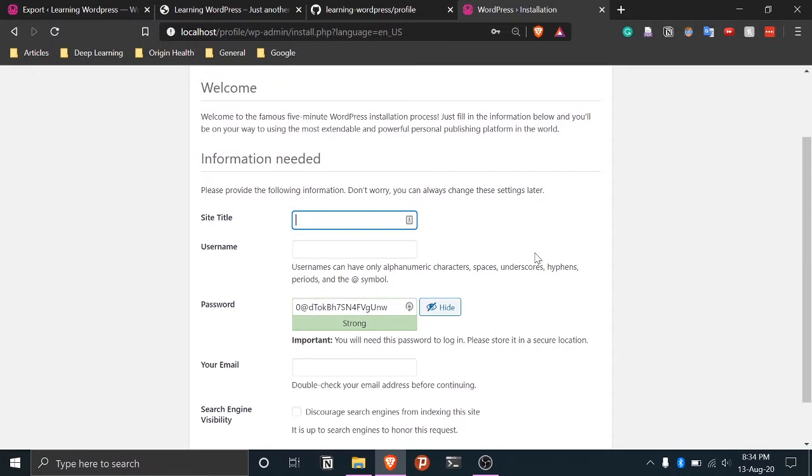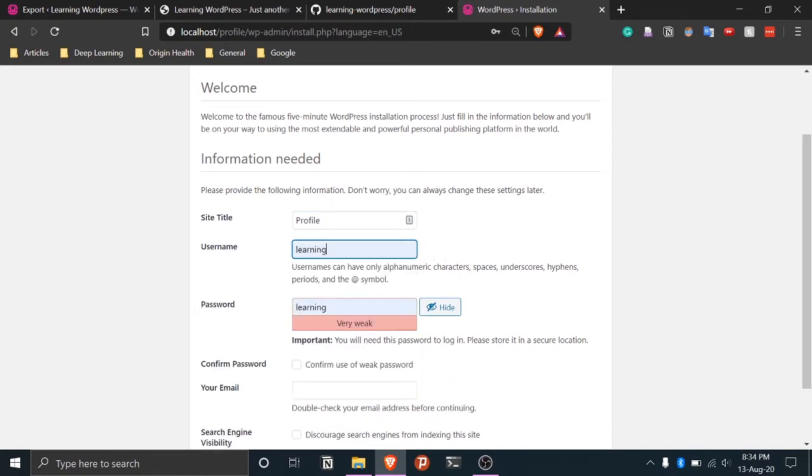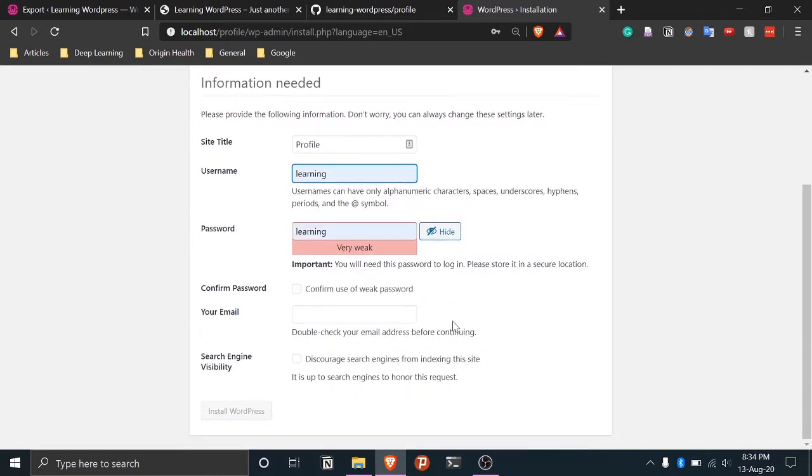Then site title, so let's say we want to name it as profile. Okay, and username we'll take the same that we took, learning, password also learning, confirm password, and email I'll take this, and then install WordPress.